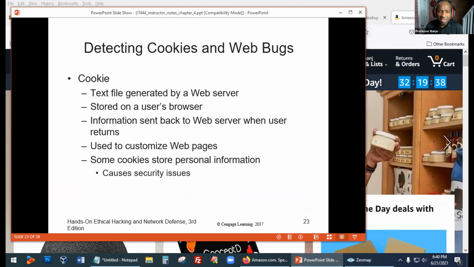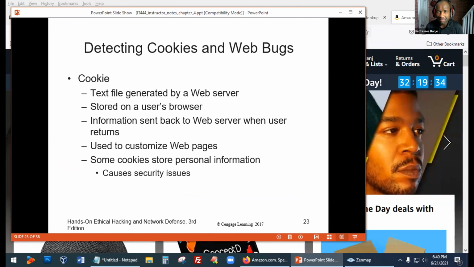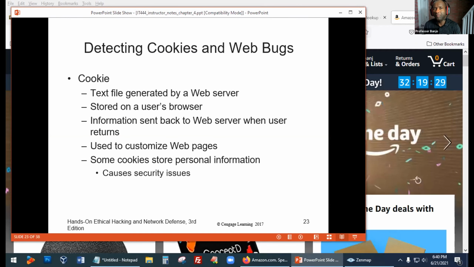Now, sometimes these cookies might cause some security issues, right? You might have to clean out your cookies. You might have heard that recommendation: why don't you clean out your cookies, clean out your data, clean out your browser information, because there might be some potential hidden issues there.